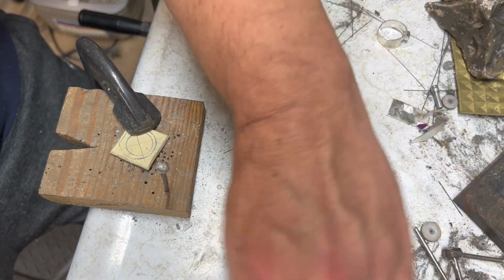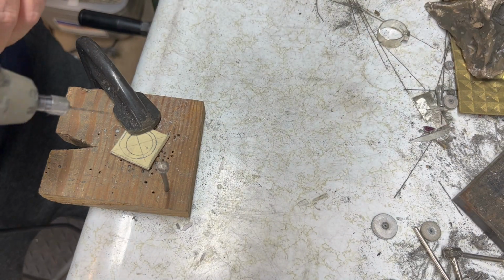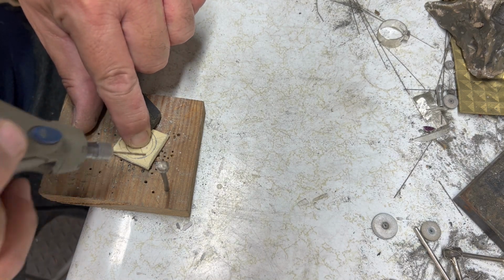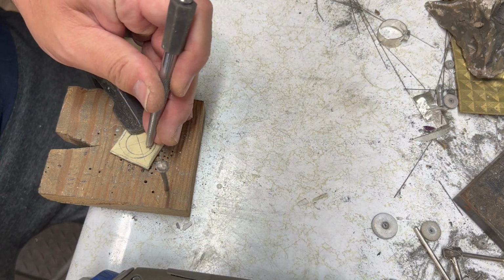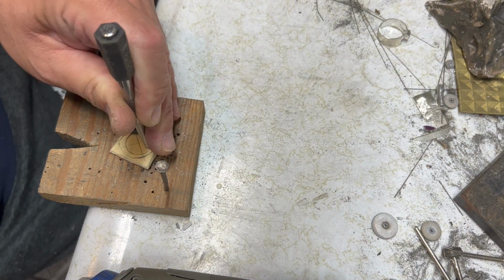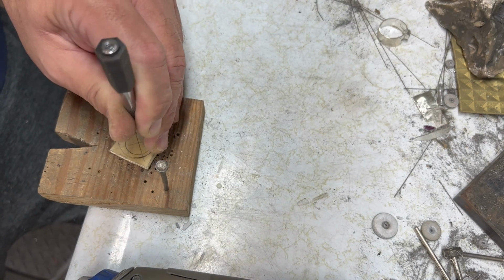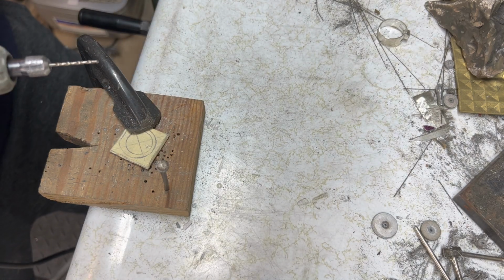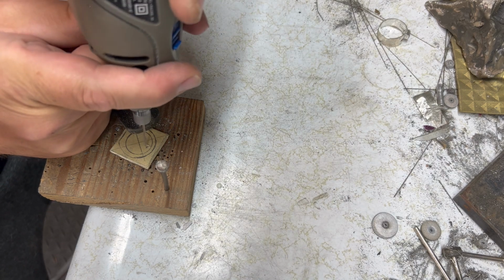Welcome to my extensive, clean sawing and Dremel area. Okay, so I'm going to put a little dimple right there with the center punch, and I kind of clamped it down so it doesn't run away from me. So let's give this a little whack. That'll just keep the drill from chattering around too much. In theory,